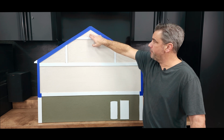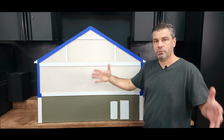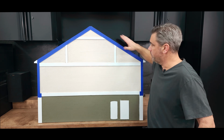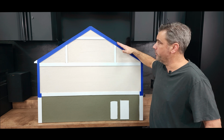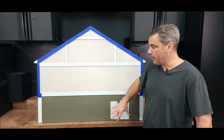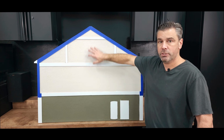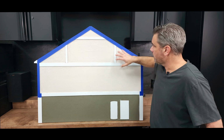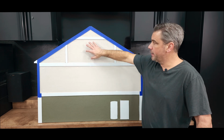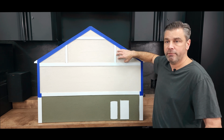If there were gable end vents here or here, when we spray foam those outer triangles, those would be blocked off as well. So really what we're doing is we're using the exterior of the building as our full thermal boundary now. What we've created though is a little more square footage for that furnace to keep up with. So as this furnace is heating the first floor and the second floor, now be aware that we're also heating these extra spaces. When the house is 70 and 70 degrees here, it may be 68 or 70 degrees inside